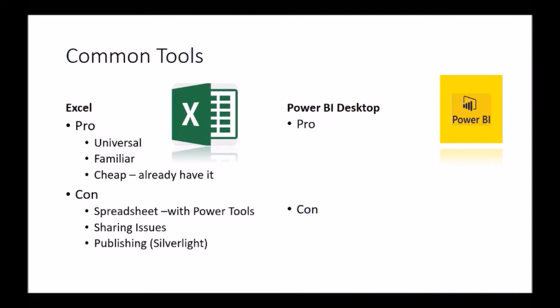When we come to publishing, I mentioned Silverlight. Silverlight is needed for publishing some of the Excel power features, and Silverlight is not supported by new browsers such as Chrome. Moving across to Power BI Desktop, it's a database engine rather than a spreadsheet. This does mean certain things work much faster, so particularly when working with big data, some features work much faster processing the big data. There are methods that you can publish to a secure website, and you can then easily